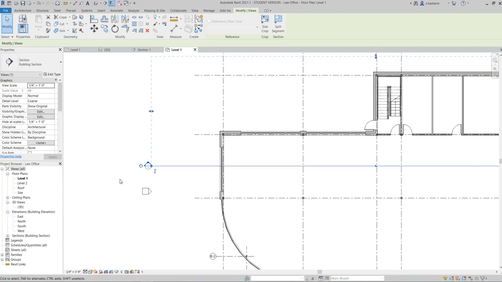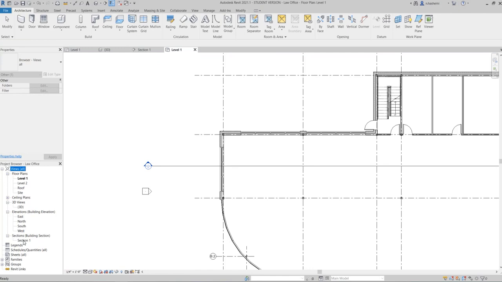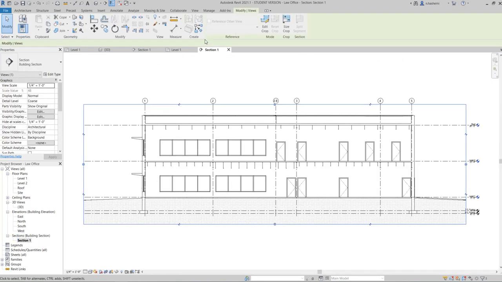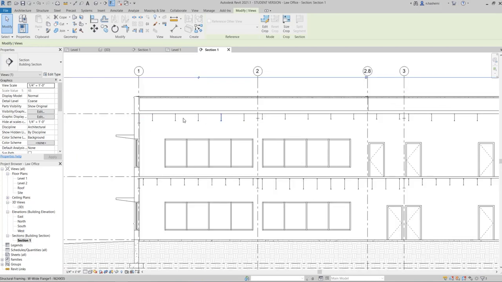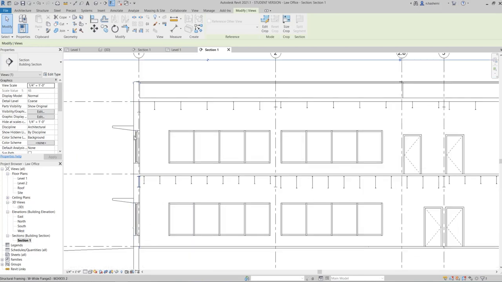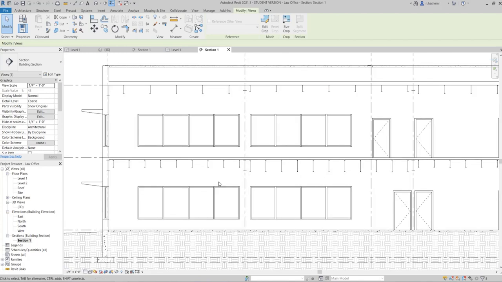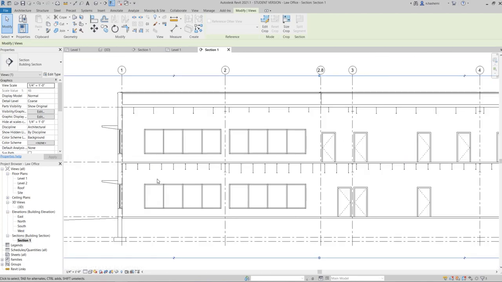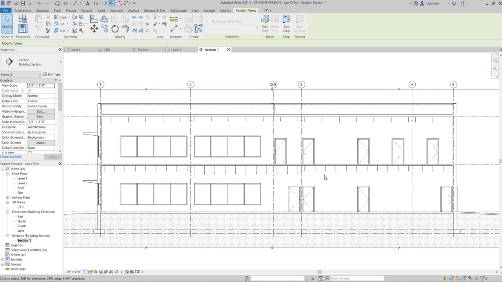Now let's go to our section view. We can come here to the project browser, and then here the section is listed. Just double click, and this is our section view. As you can see, right now we can see inside our building. We can see the beams, windows, walls, the height of the levels, and different information, the vertical information. We can all see them just by having this section.